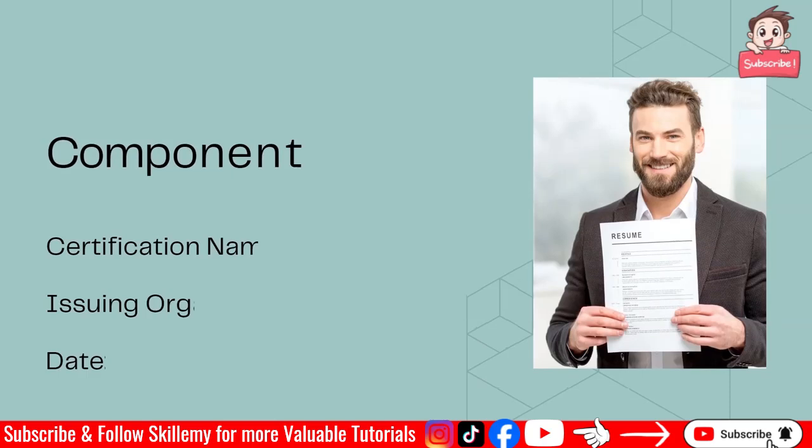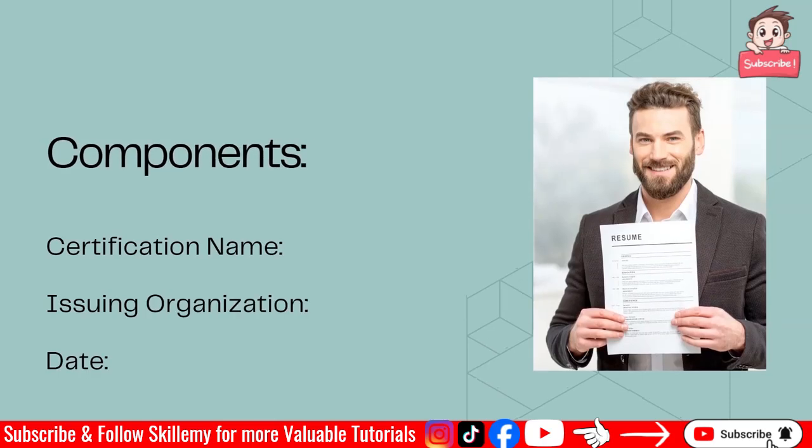The components: certification name. What certificate is that? You have to mention the name. Issuing organization. From which organization you have taken this particular certificate, you can mention it over here. The date: you can mention which date you have completed this particular certificate.